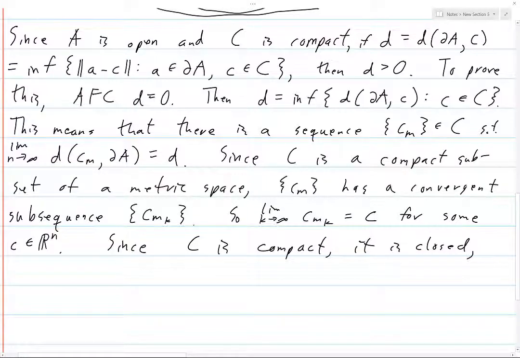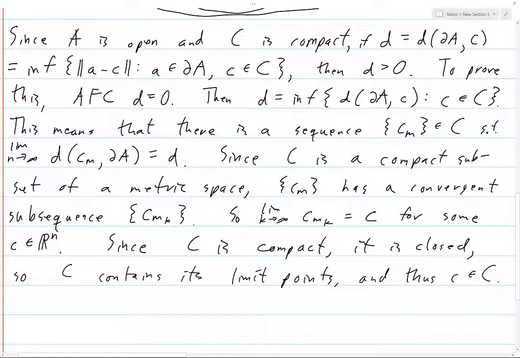However, since C is compact, it is closed, so C contains its limit points, and thus c is actually an element of the compact set C. Alright? So now what? So then c is in C,